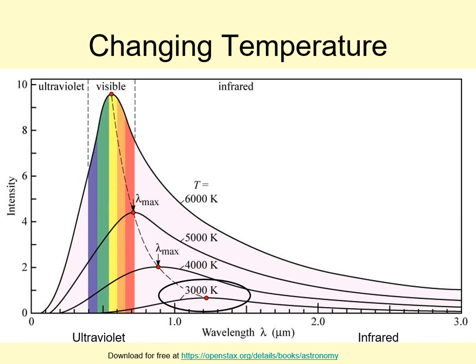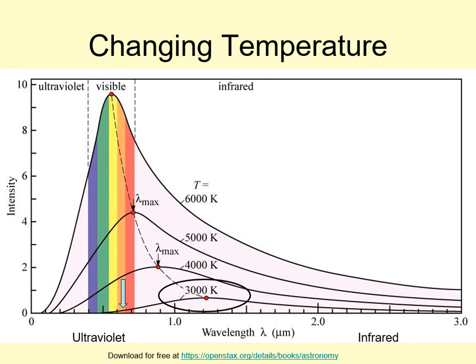The curve shows the standard pattern for thermal radiation. It's shaped like a single big bump, spread out over a wide range of wavelengths. There's a single peak, the highest point on the curve. This represents the wavelength where most of the light is being emitted. In this case, the peak is in the infrared part of the spectrum, just a little to the right of the visible spectrum. So any object with a temperature of 3,000 Kelvin emits mainly infrared light, though it does produce